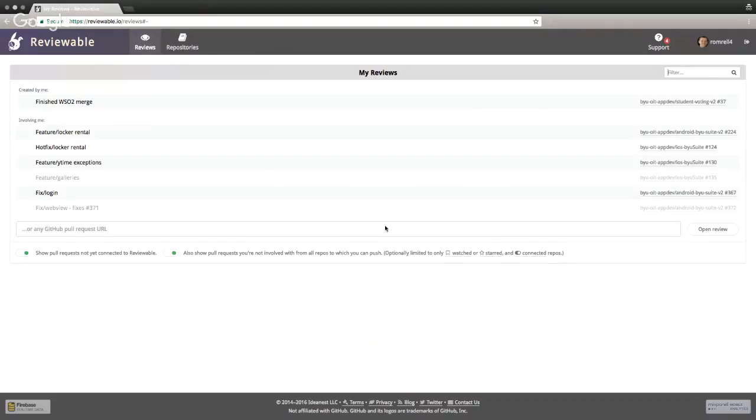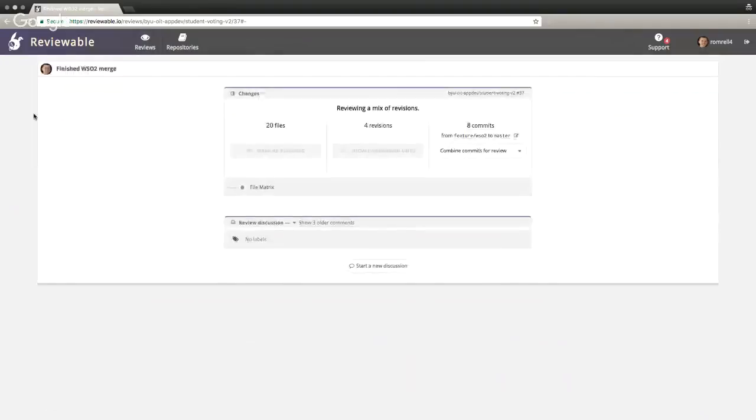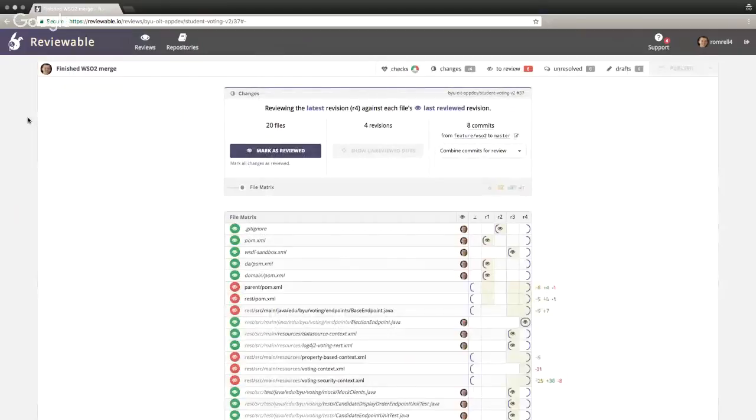And so I'm not sure how many of you are familiar with GitHub pull requests, but all this is reviewable as a front for GitHub. It will just display it side-by-side, show you everything that's been removed, everything that's been added, and it makes it look kind of nice. So